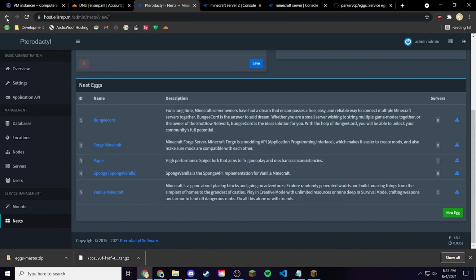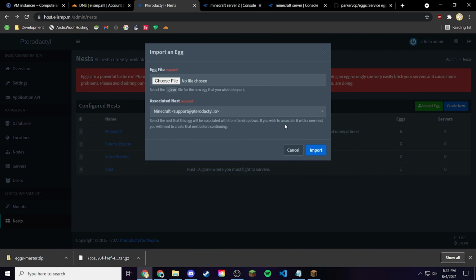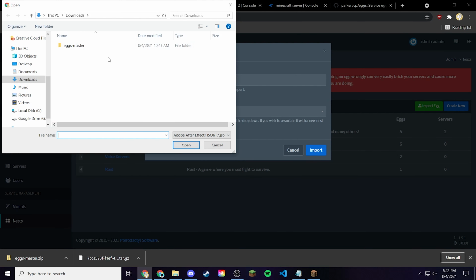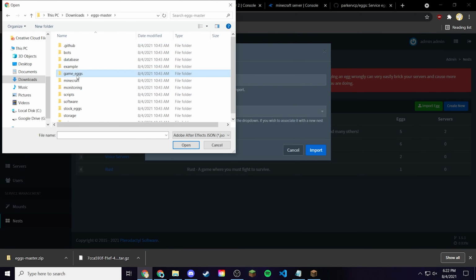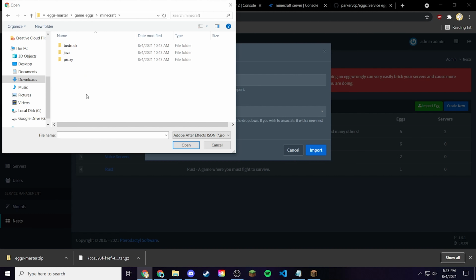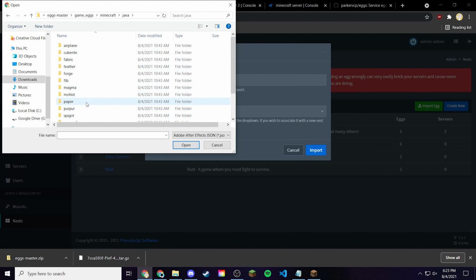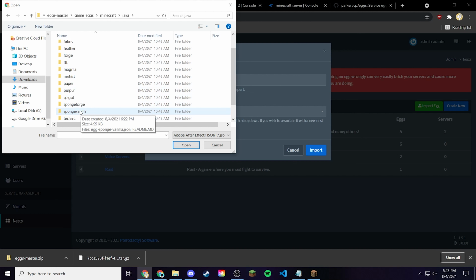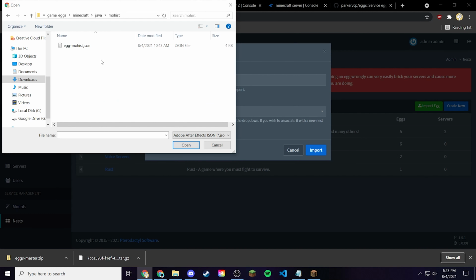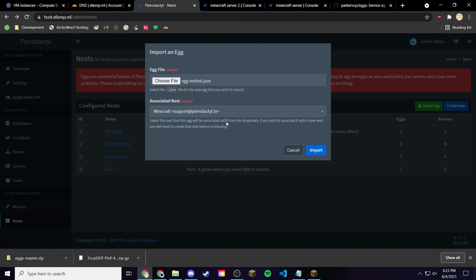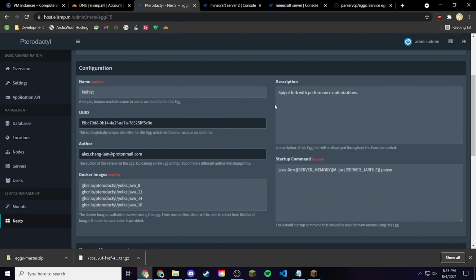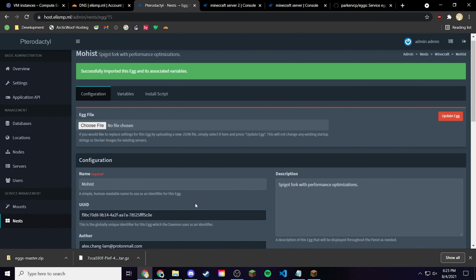So if I want to add a new egg, I will do import egg. Select choose a folder, egg master, game eggs, Minecraft. So let's say I want to add a Moses. Actually, I'll add a Moses, let's say the server files for Moses. We're gonna click this one, the JSON file, open, and then that will open the JSON file. Click import, and that will go to the import, and you see everything's all like